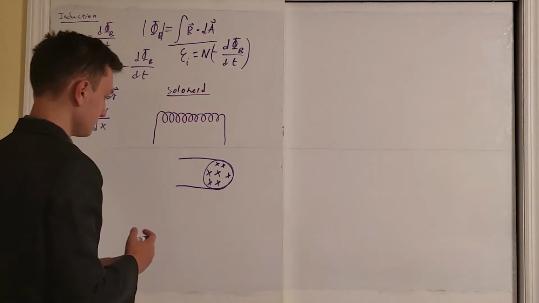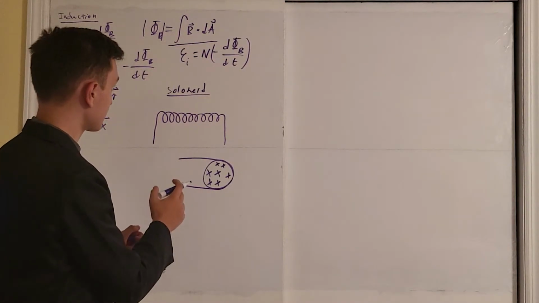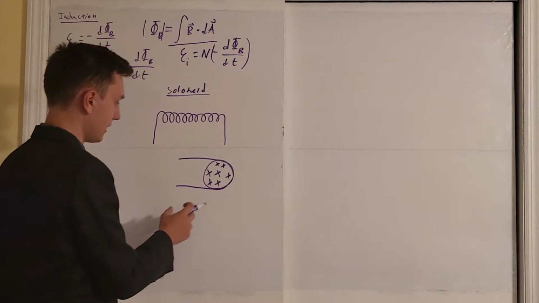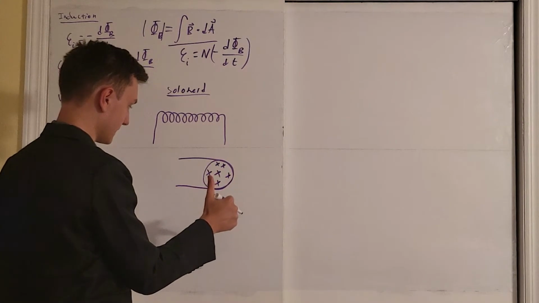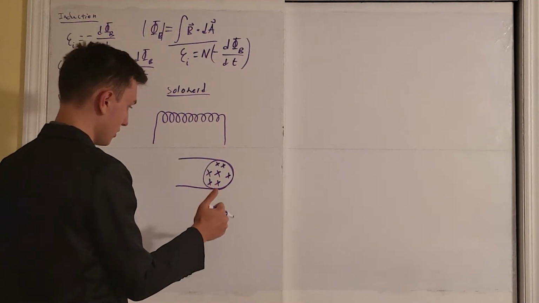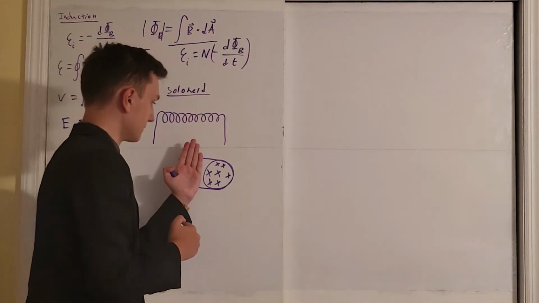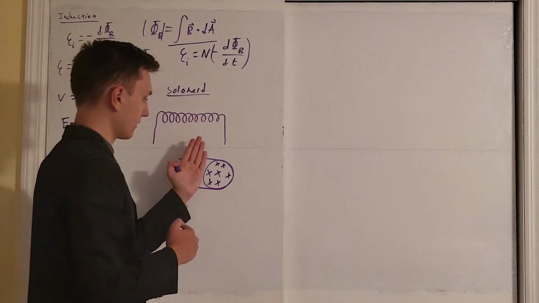So, if I wanted to decrease the magnetic flux through my circle, I could constrict the circle. I could make the circle smaller. That would decrease magnetic flux. I could decrease the magnitude of the magnetic field, or I could rotate the loop of wire so that the